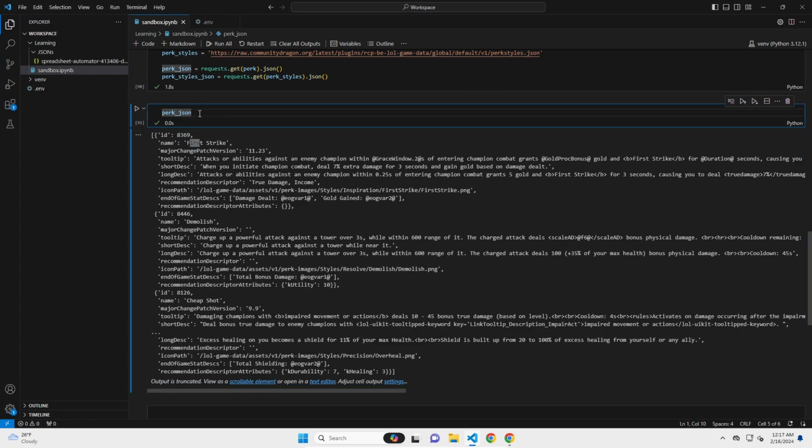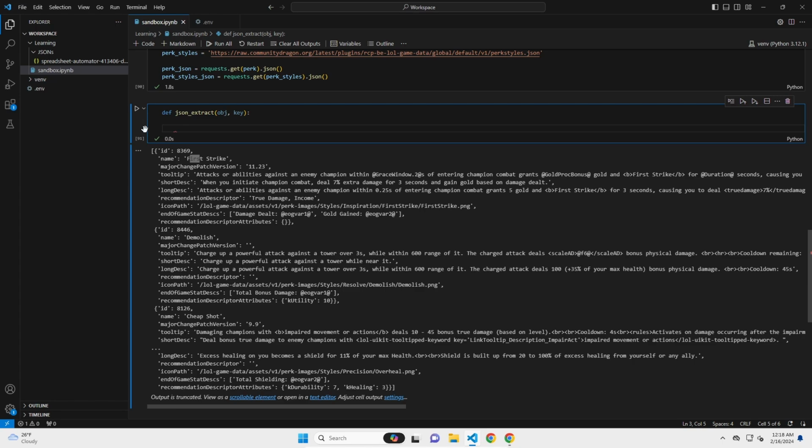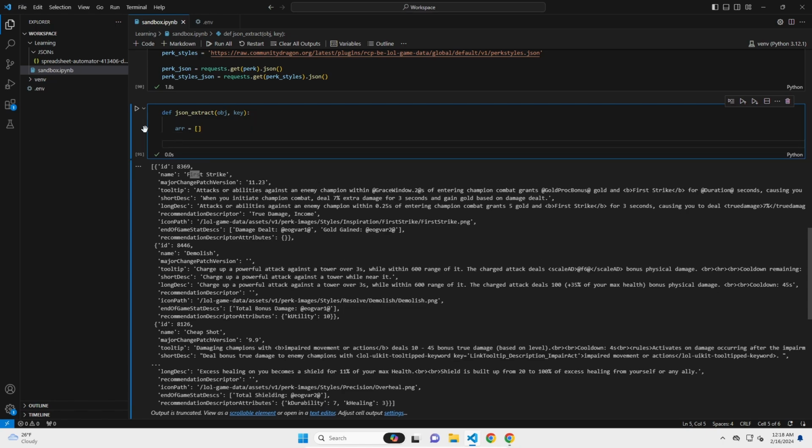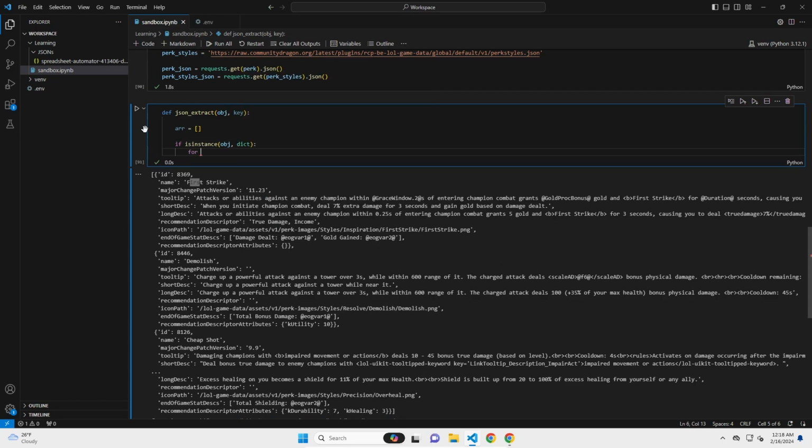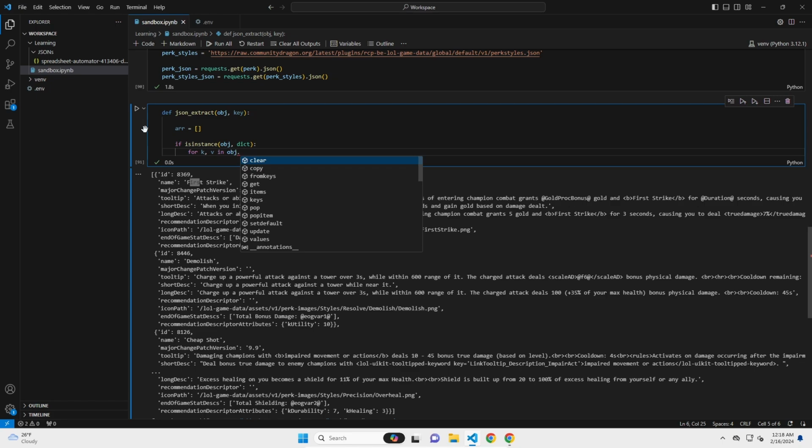So what I'm going to do is make a function called json_extract, and we're going to input an object, in this case a dictionary or a list of dictionaries, and then we're going to look for a specific key. And what we're going to do is append all those values to an array. So we'll say array is empty for now, and we're going to do another function in here. And what we're going to do is say if isinstance of the object is a dict, then for every key-value pair in that dictionary, in this case obj.items(),